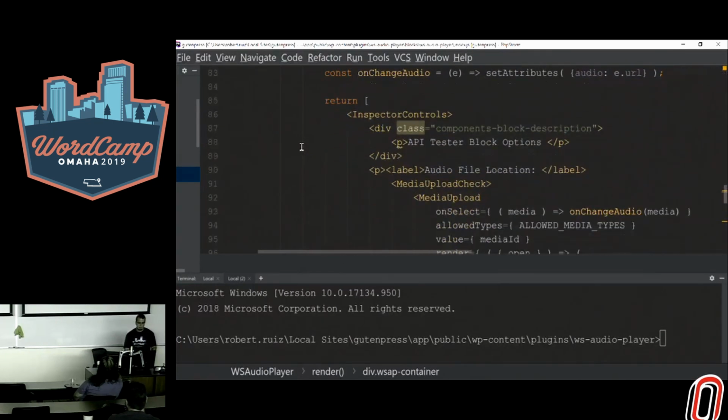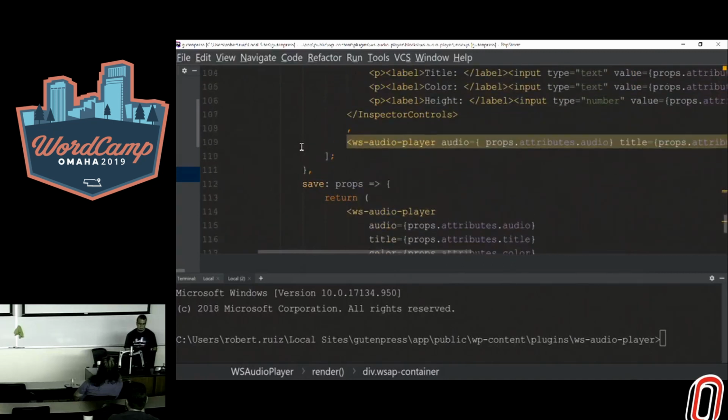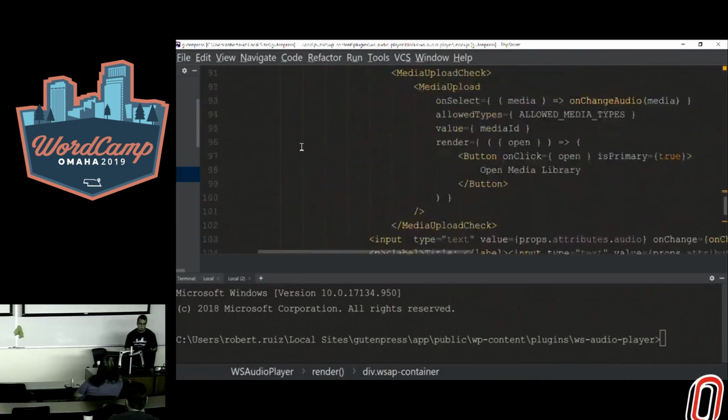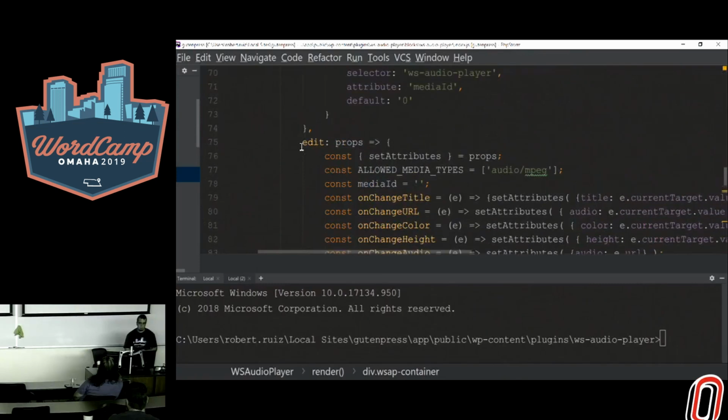So here's our JSX. First of all, if you don't know how to build Gutenberg blocks, show of hands again. How many people have never written a Gutenberg block? It's like most of the room, right? Okay, so we're going to quickly